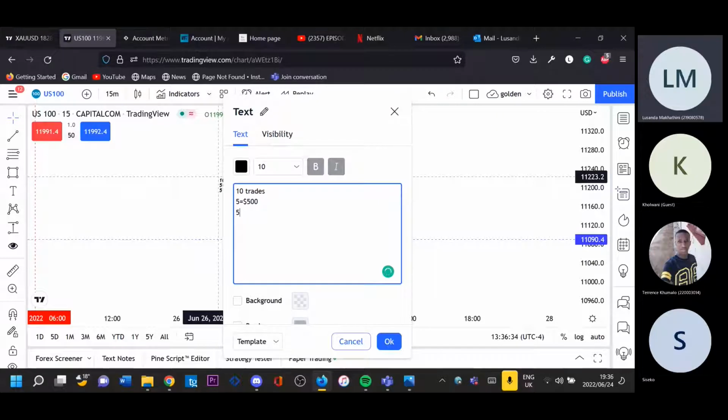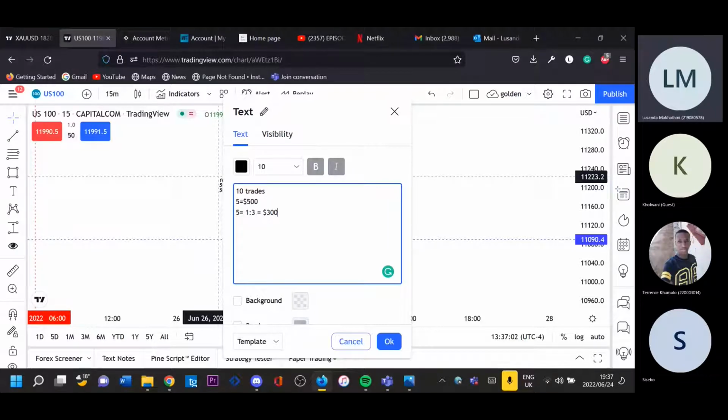So you're using a strategy of 1:3. That means that for every winning trade you get $300. So if you times that by three, you're going to get, I think, $1,500, if I'm not mistaken.